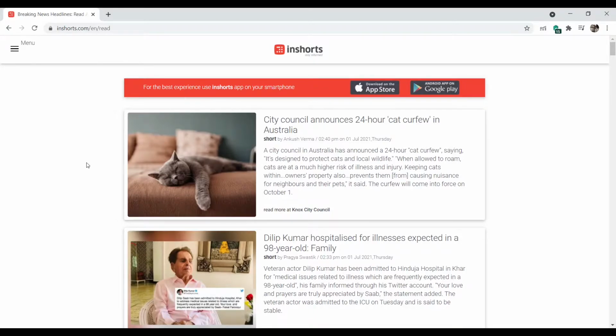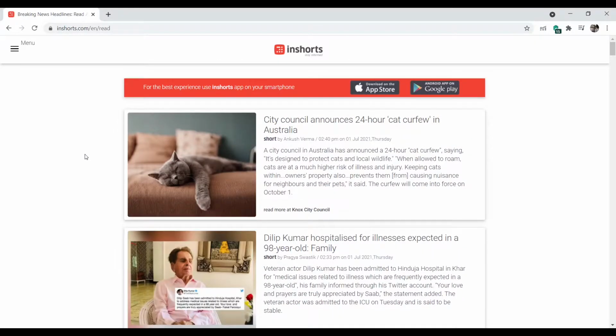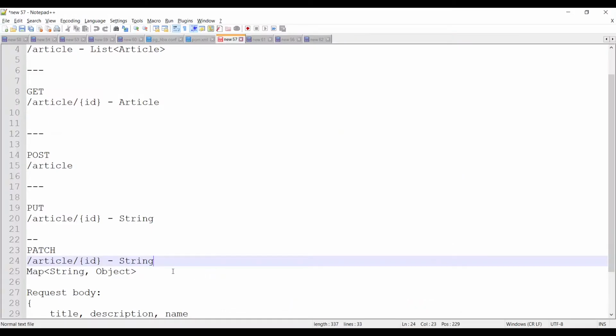You could select a field and on the basis of that you could sort. In our case we want to sort on the basis of timestamp, such that the article that we have created just now will be seen first. In other words, we want to sort on the basis of timestamp in descending order. This app also gives you the articles in descending order, such that the most latest article is on the top. So let's decide an endpoint for this.